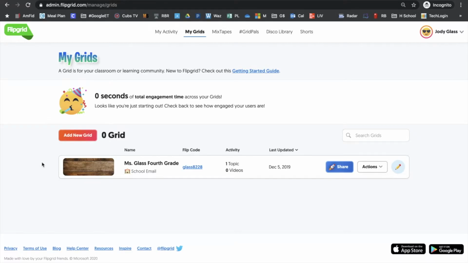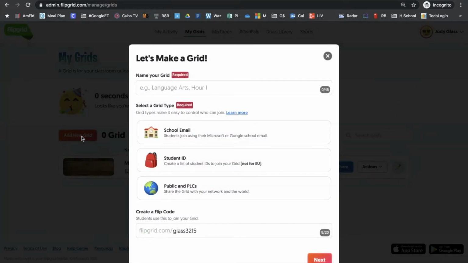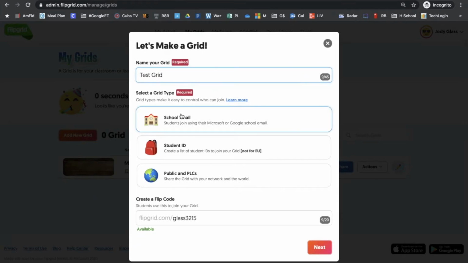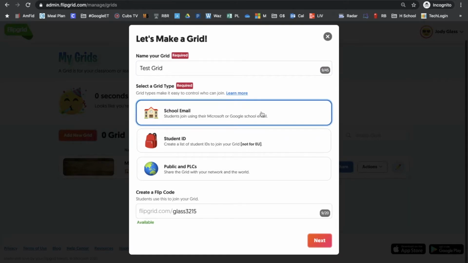All right, so let's add a new grid by again clicking this red button here. When you start out, it says, let's make a grid, and we're going to name the grid. I'm just going to call this test grid. Now, the next part you're going to do is very important. You're going to want to choose school email. And when you choose school email, then you're going to go down here and it automatically gives you a code,